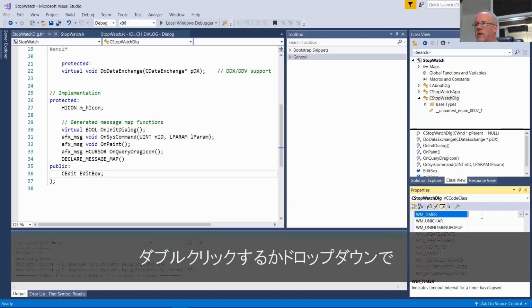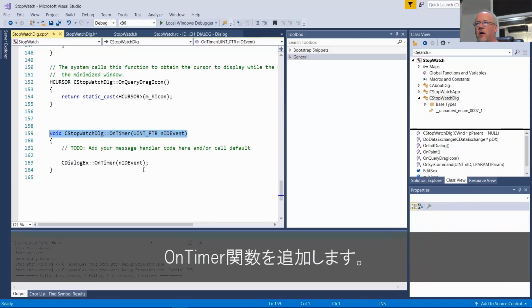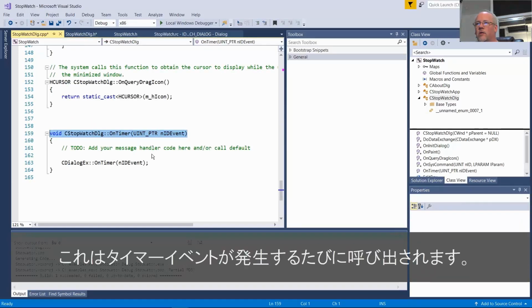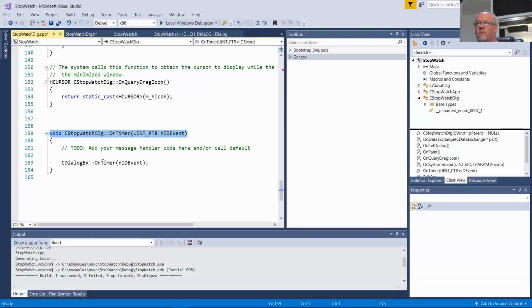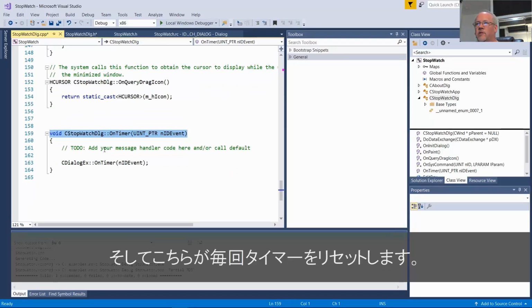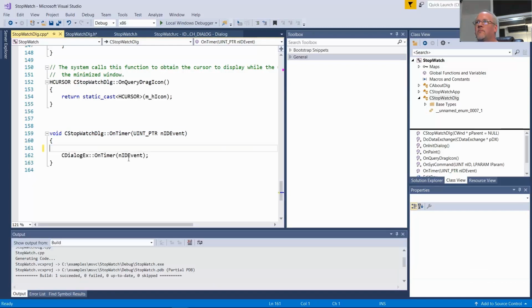And then if you double click, or drop down, you'll have an option to add an OnTimer function that gets called every time the timer ticks. And it resets the timer each time. That's what this does. So we can remove the to-do comment.